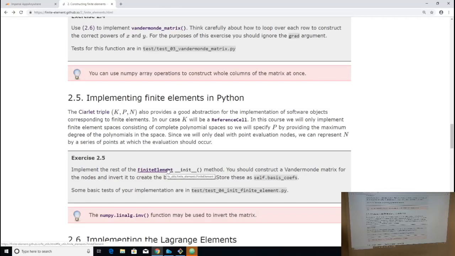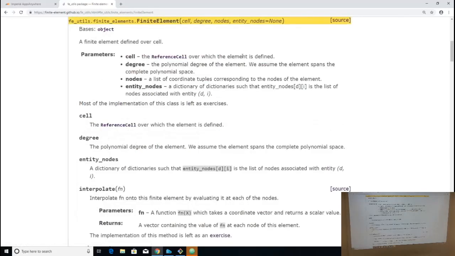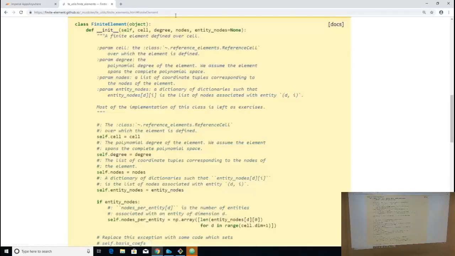The FiniteElement class defines software objects that look like finite elements. And in Python, when you have an object, the object has what's called an init method, which has this special name, underscore underscore init underscore underscore, and that is the function which gets called to build a new one of these. So when you say FiniteElement brackets and pass arguments, what actually gets called is this init method with those arguments. And so most of this is set up,